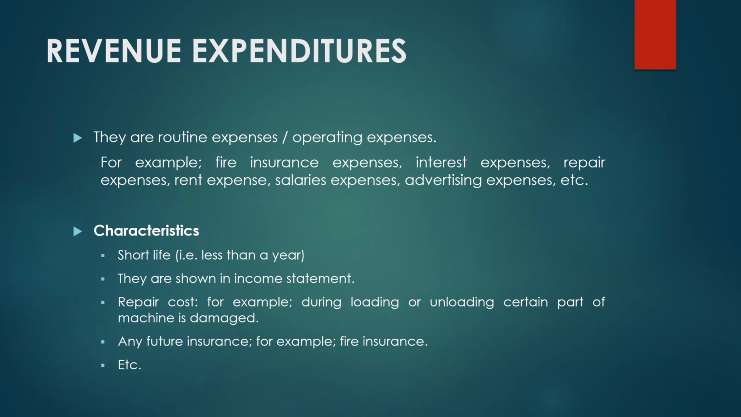If machine or any part of the tangible asset is damaged during installation or during loading or unloading, any part of the machine is damaged, it would be considered as revenue expenditure and not the capital expenditure. Actually, certain part of machine is damaged due to our negligence, हमारी लापरवाही की वजह से मशीन का कोई भी पार्ट डैमेज होता है, उसके आप पेमेंट करते हो। भले ही आपने अभी अपना मशीन स्टार्ट भी नहीं किया, लेकिन आपकी अपनी गलती से ये हुआ है, तो वो आपका रेवेन्यू एक्सपेंडिचर में आता है। Any future insurance, for example